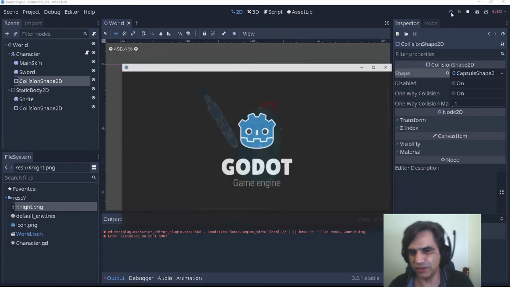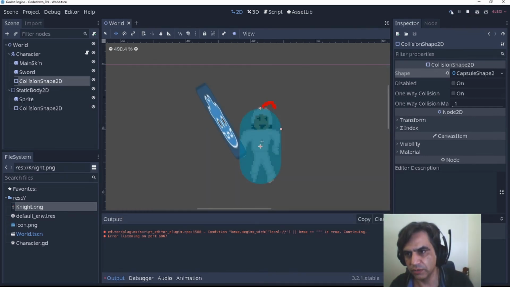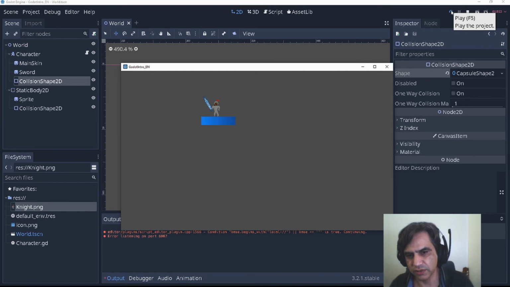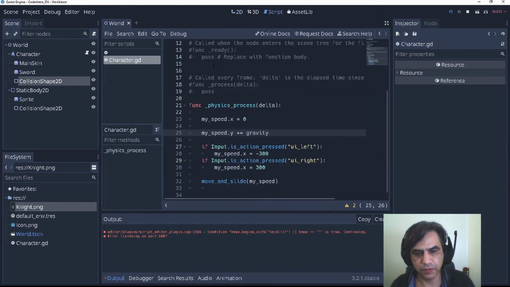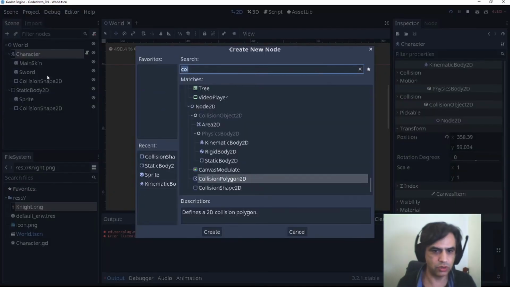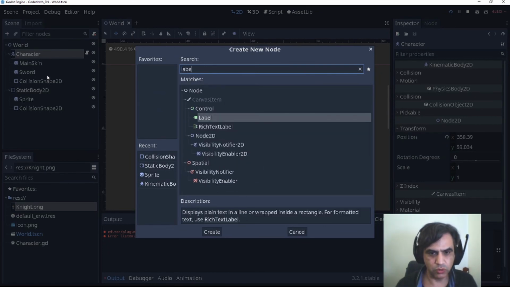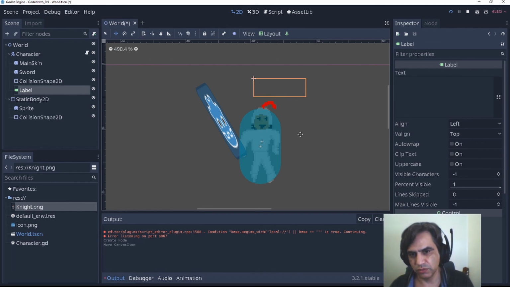So as you can see, there is a small bug. If I do this, you don't see that difference. But if you wait a little bit, it falls quite fast. So it might be a bug, and it is a bug. The problem is this. Actually, you are increasing the gravity. A trick that I use a lot is to use a label. This label can also show the health of my character, the name of the character, whatever.